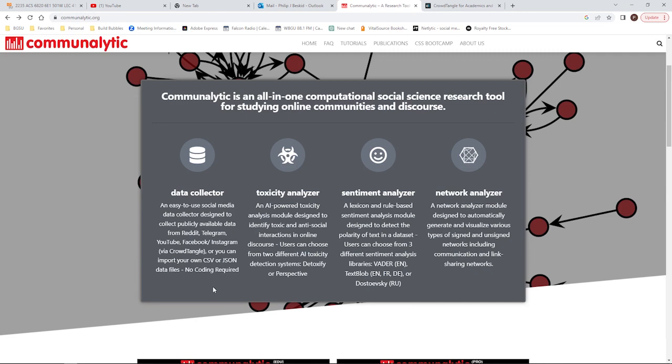Like maybe before in a previous tutorial I was talking about how Twitter seems to be more of the politically oriented or politically active platform. So I guess I just think that there are other options out there that might need to be added to this list. Okay, it's also a toxicity analyzer, an AI-powered toxicity analysis module designed to identify toxic and antisocial interactions